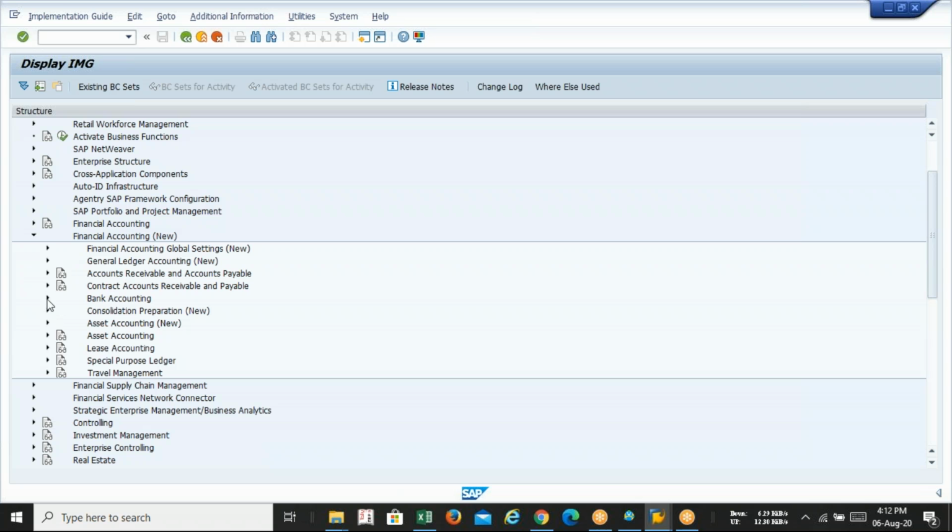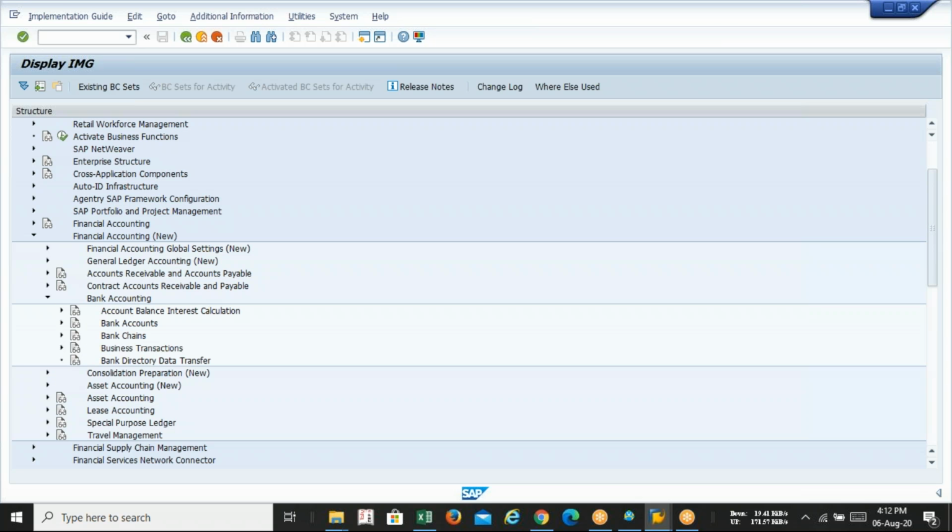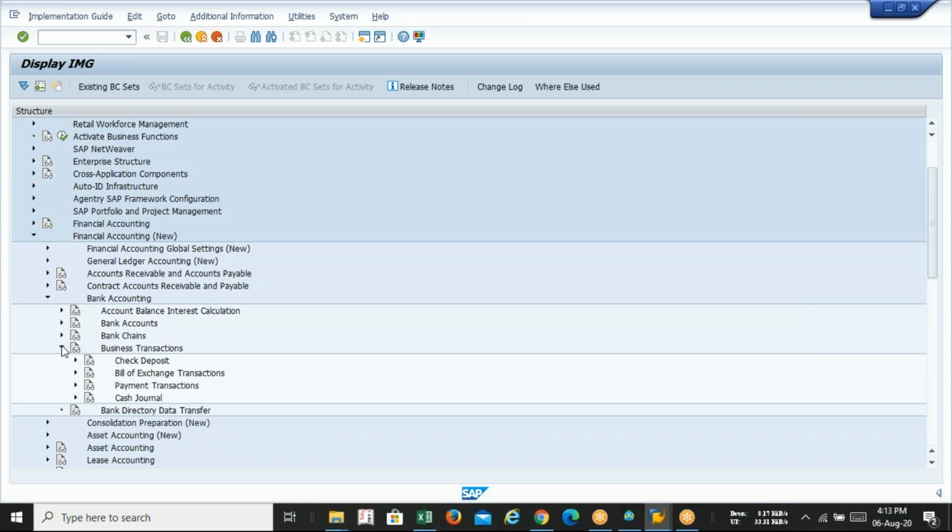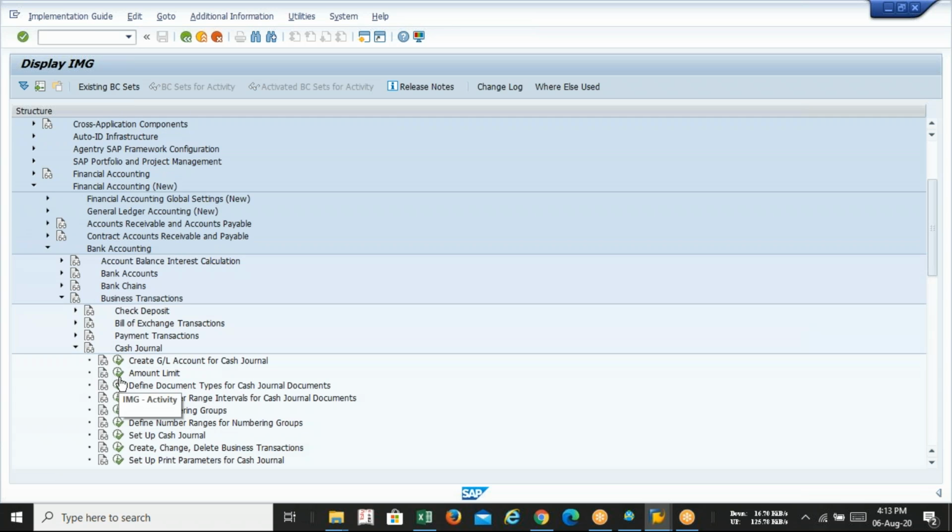Under Bank Accounting, there is an option called Business Transactions, then Cash Journal, and the third option, Define Document Type for the Cash Journal.